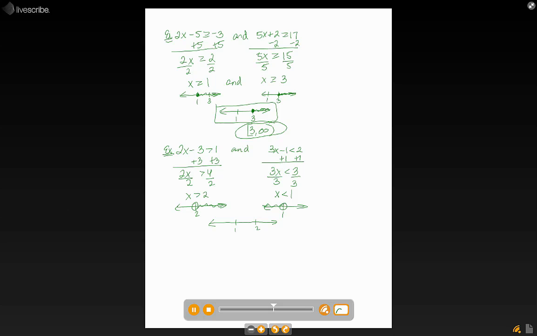Oh, okay. That makes sense. So there's only a solution if it gets shaded twice. Yeah. It has to be shaded in both graphs. Is that what you're saying? So how do I write that? That's called the empty set. If I want to do set builder notation,